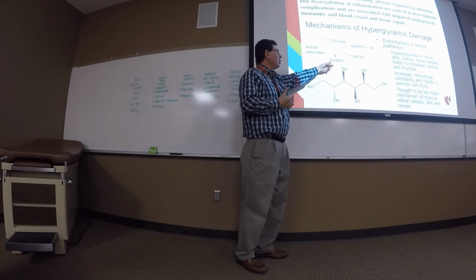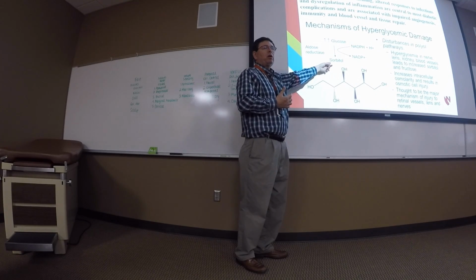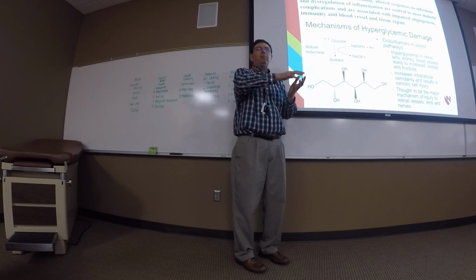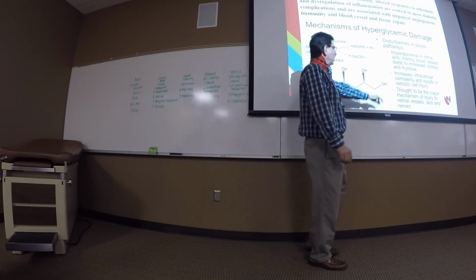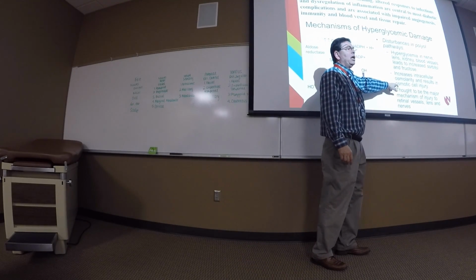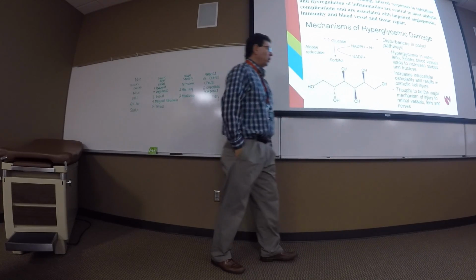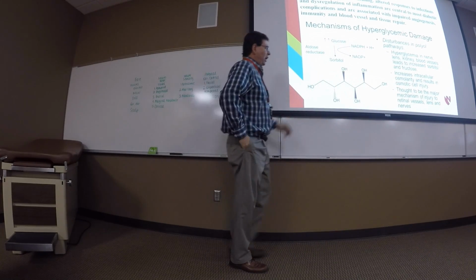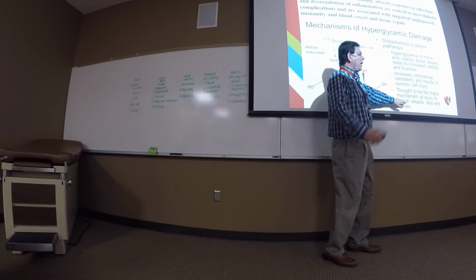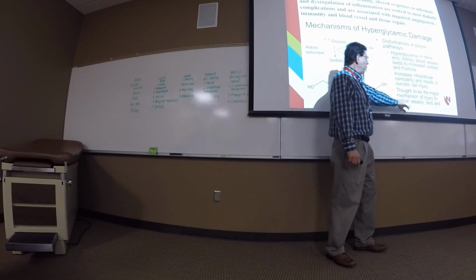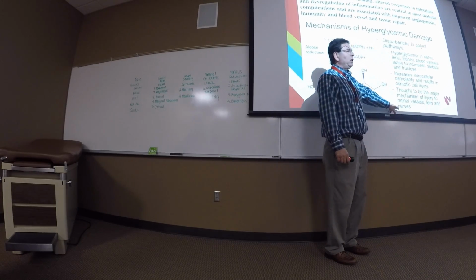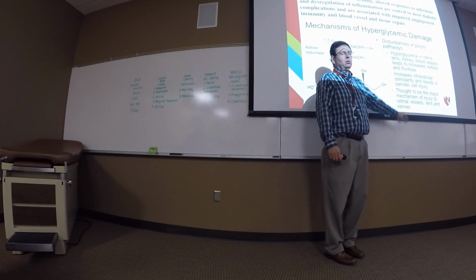What if sorbitol accumulates? It's going to accumulate water in that cell. What's going to happen? The cell's going to swell. You have cellular edema, and it's going to lead to osmotic cell injury. That cell is probably going to swell and burst. This is a major mechanism of what happens to those blood vessels in the back of the eye that we saw, what happens in the lens of the eye, and what's damaging nerves.